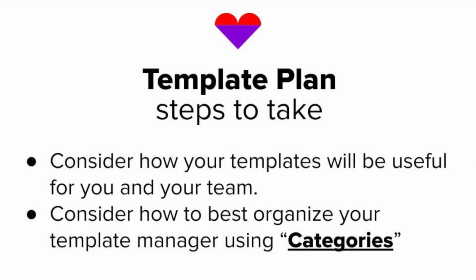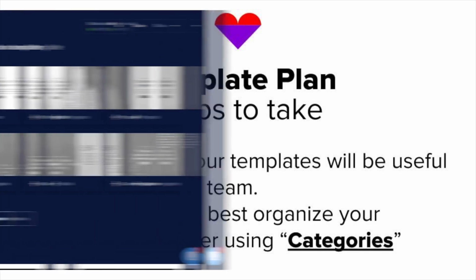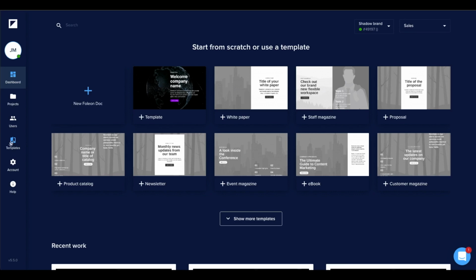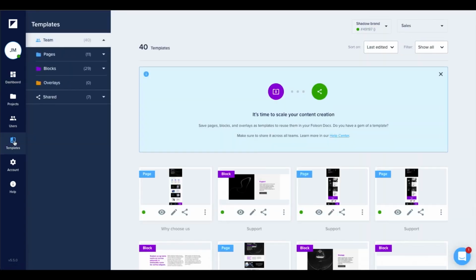Template planning. What are the first steps to take? First, you should consider how your templates will be useful for you and your team. Secondly, consider how to best organize your template manager using categories. Categories are folders that you can add to your template manager to better organize how your templates live in your account. Taking time to plan and set this up can save you and your team a lot of time in